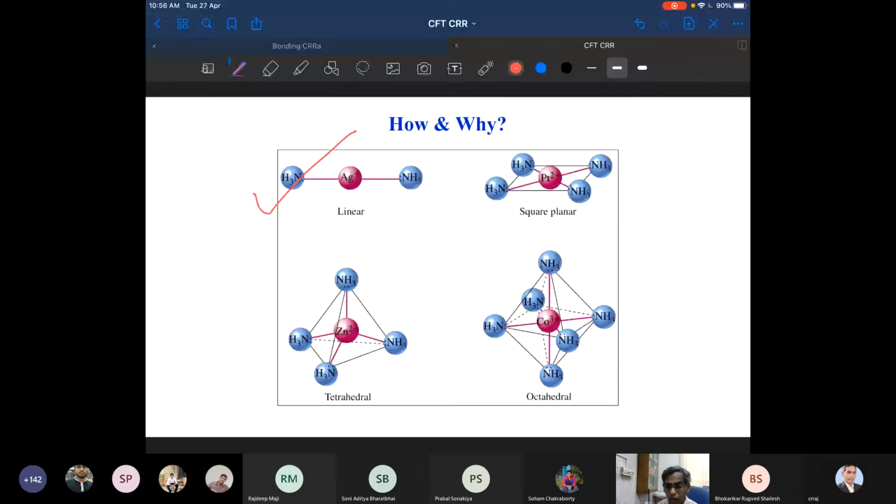On the other hand, I have an octahedral complex here. So who decides this one? Am I deciding this one? Either this ligand is deciding or the central metal atom is deciding. Now you will say, sir, let us go to VSEPR theory. There we will be able to, based on the hybridization, predict the geometry or shape of the molecule.